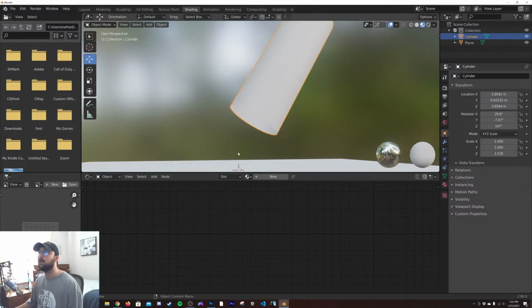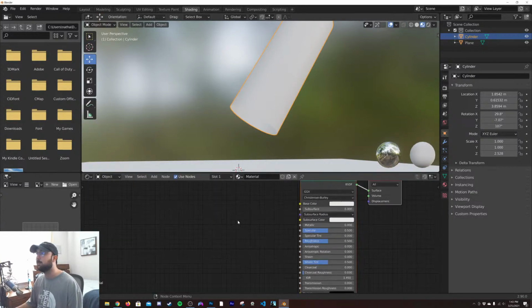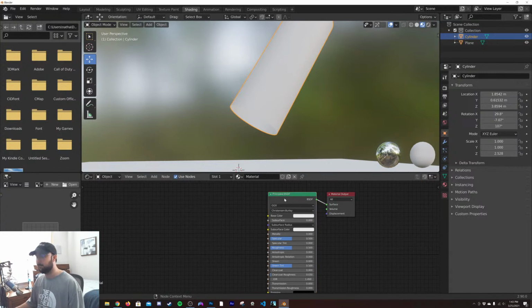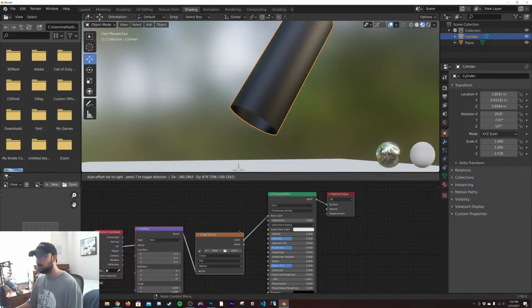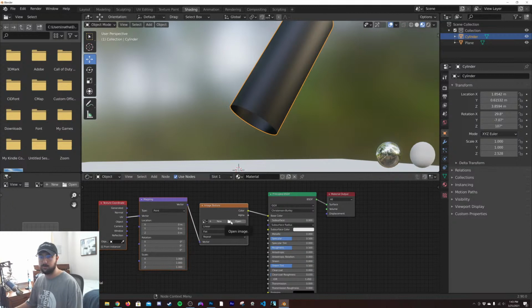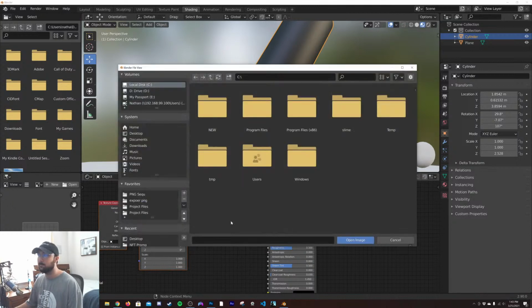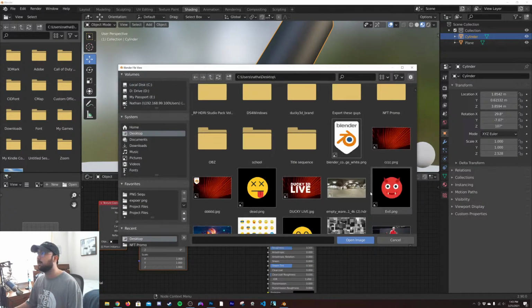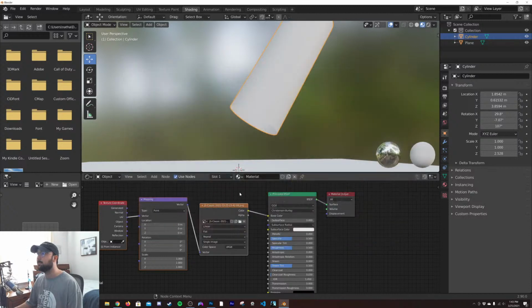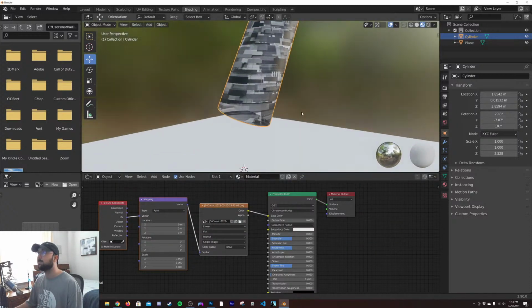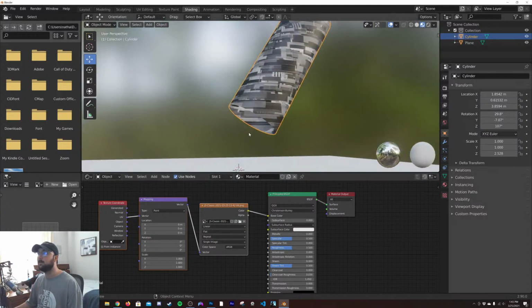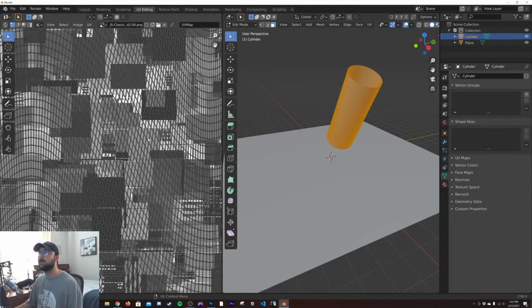All right, so I'm going to go here and click New, and I'm going to hit Control-T, get some image texturing going on. And we'll go here to the desktop and find my piece right here. So that's not correct. So what I'm going to do is go here to the UV editing and kind of see what's happening.